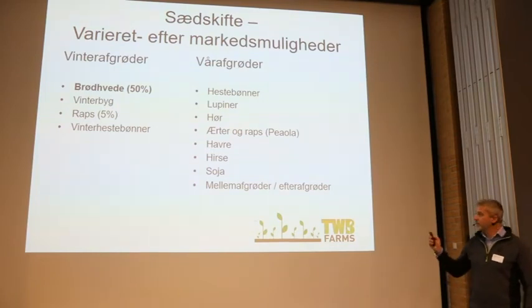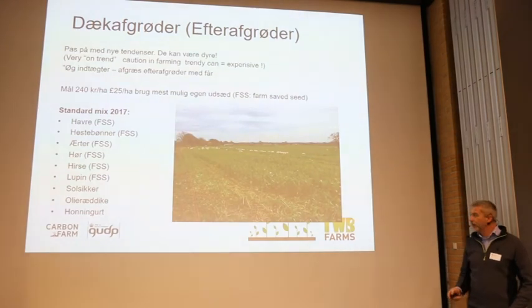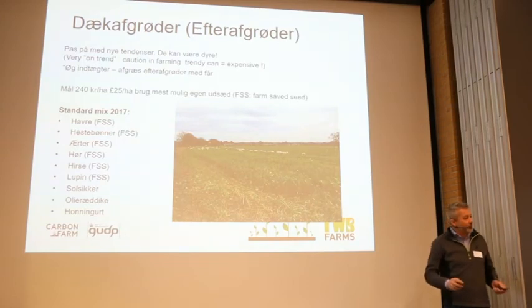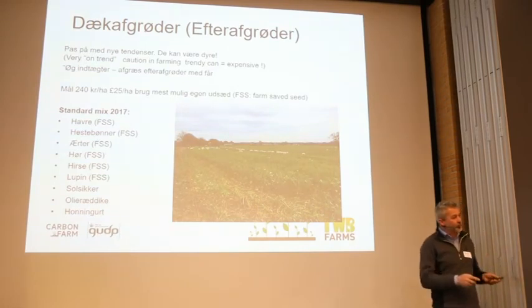So move on from that to the organic matter, the carbon and the soil organic matter building. So any carbon that I can get from anywhere into my soil is ultimately going to turn into carbon that I can sell. So cover crops are obviously a big part of that, and I just mentioned that all of those spring crops, we grow an overwinter cover crop which will establish as fast as possible, as tight behind the combine as possible,